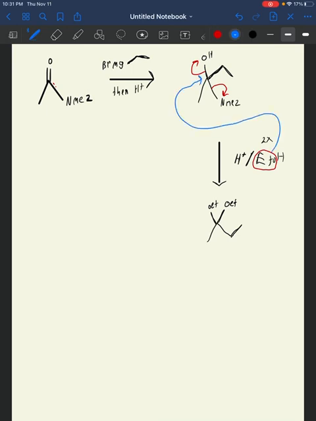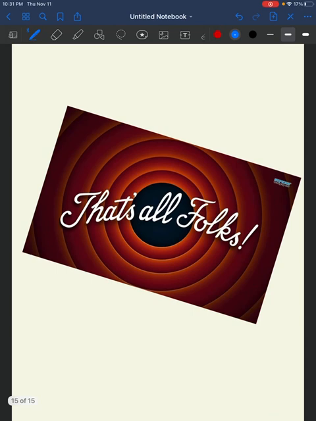Try and color code these for you. Red is leaves, add. And once again, that's not the real mechanism, but that's the easiest way to think of this because you don't need to know the mechanism for these. You just need to know what happens. And for Grignard reagents, that